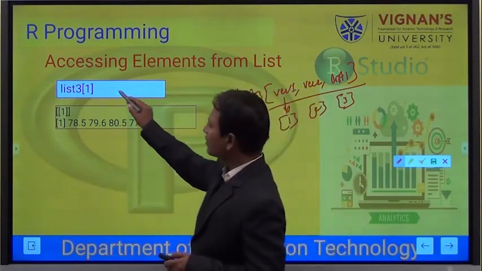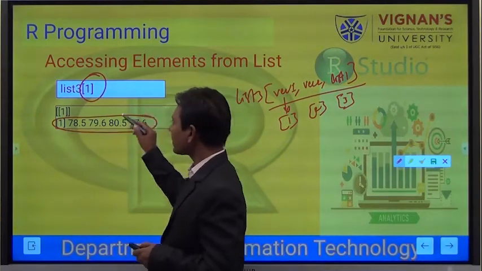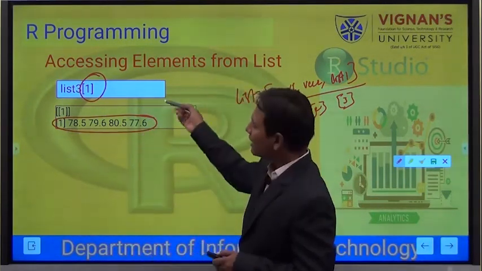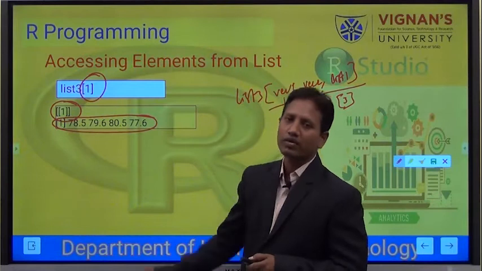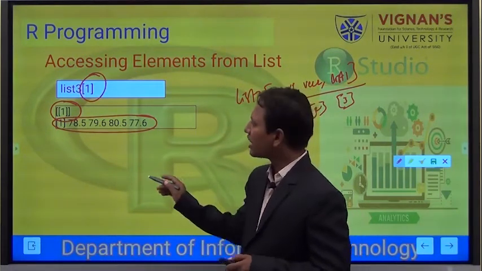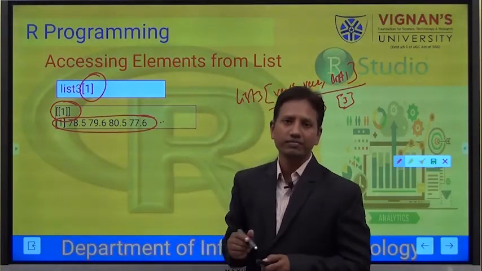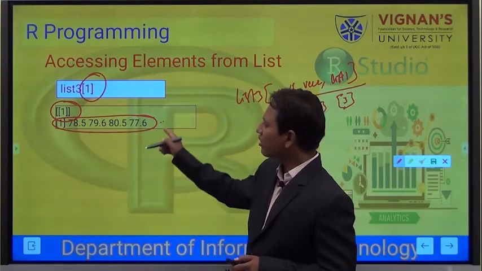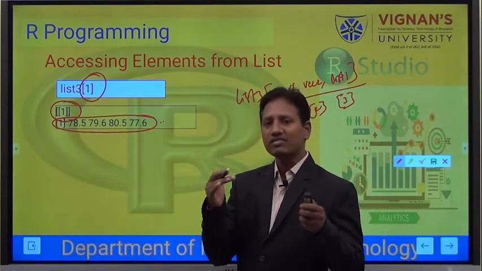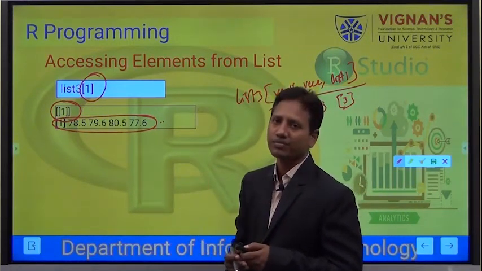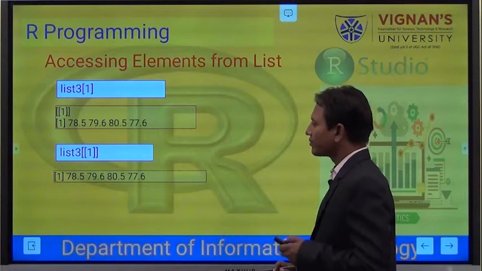So here I have used index 1, and the output I got is in this manner. And if you observe, it is giving us double brackets 1. Double bracket 1 says that this is list item 1 of list 3. So this is not independent, this is still under list 3 only, and that is list 3's first item. You will see further. See this.